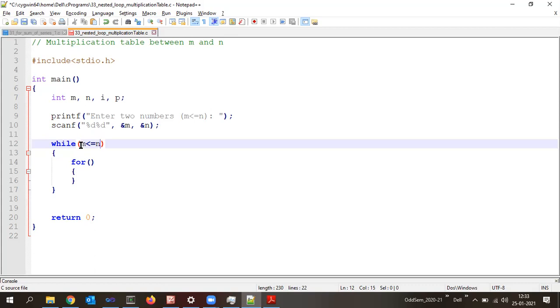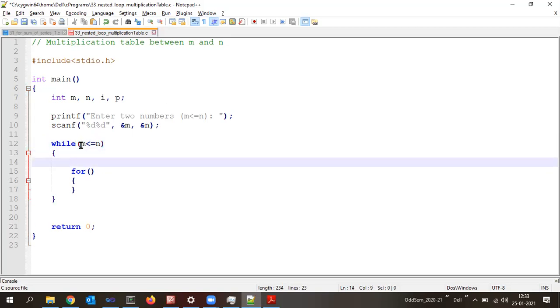Now, assume that the first time the outer loop's m value is 2. Now what do I need to do? Corresponding to that particular 2, I need to calculate the multiplication table and then print it. Right? Already we have written a program for printing the multiplication table of individual numbers. So here I need to print a statement with printf, multiplication table of that number.